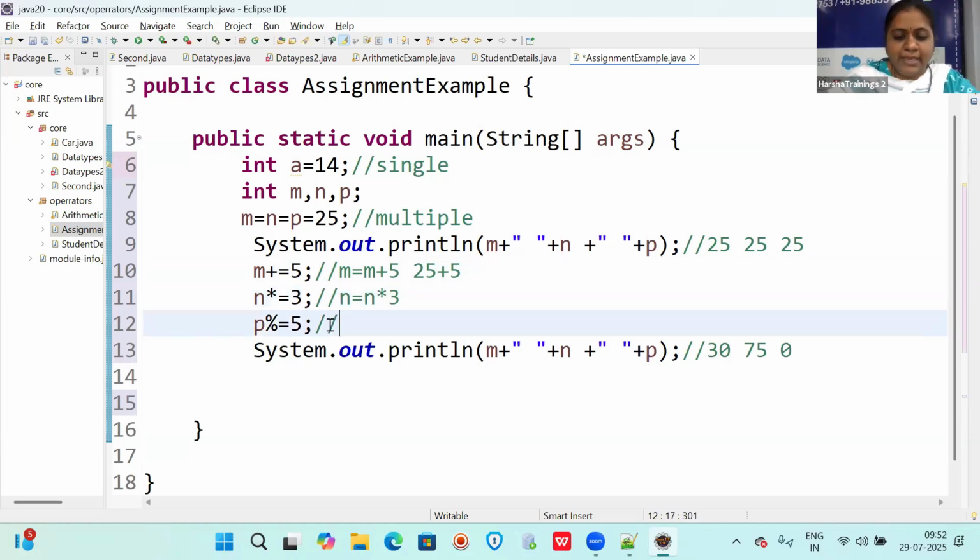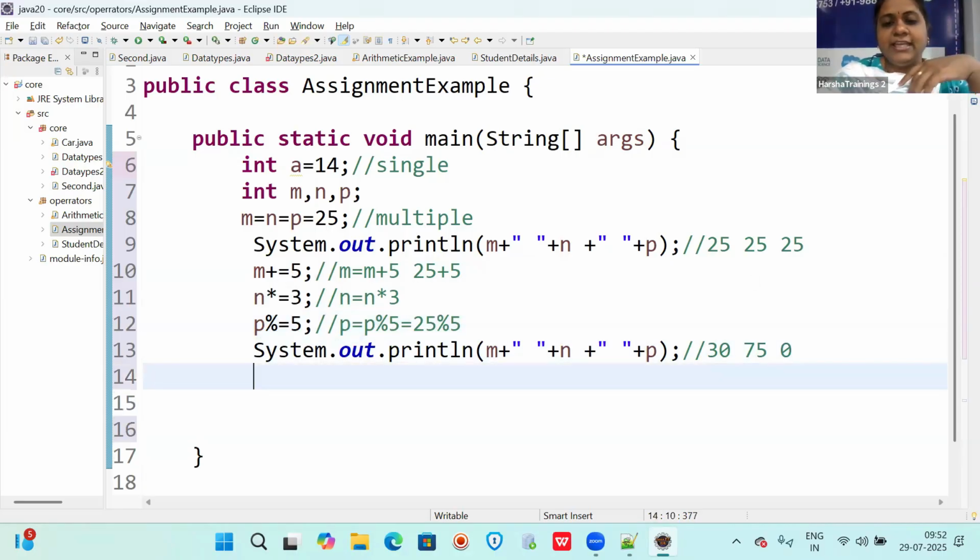Now p is equal to p modulus 5, 25 modulus 5. Understood? So these are the 3 things we have done. Clear everyone? Same example, but I took a new value.